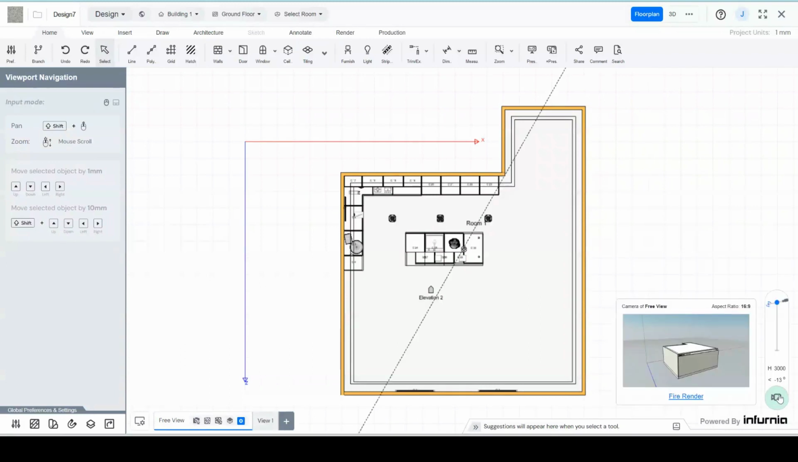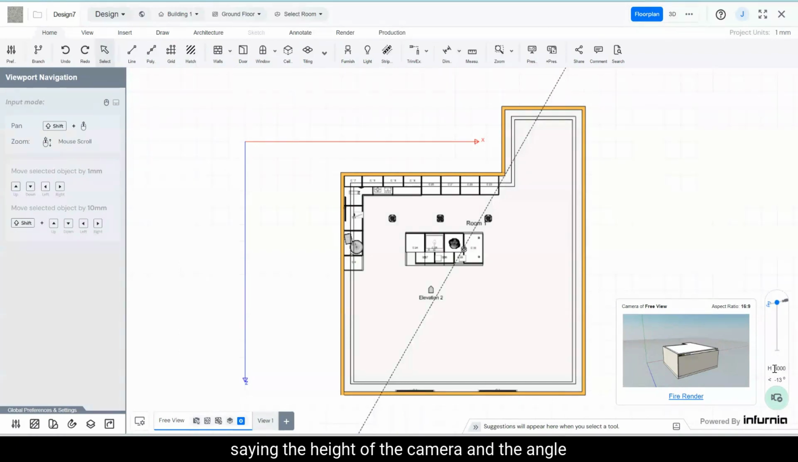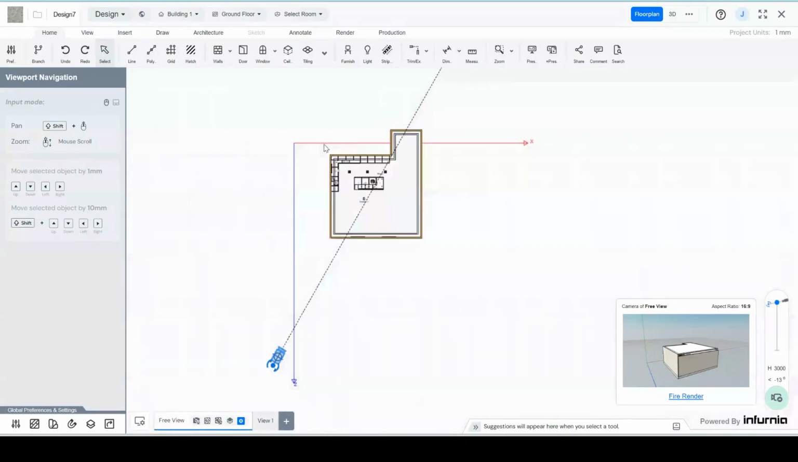Select this button and you will then open a thumbnail image of the current view, as well as on the right side you can see a toggle for setting the height and the angle, with the edge saying the height of the camera and the angle depicting the upward or downward tilt of the camera. Zooming in,